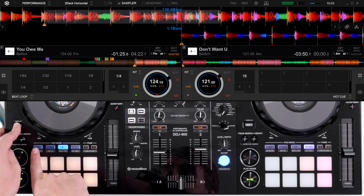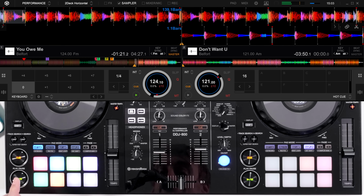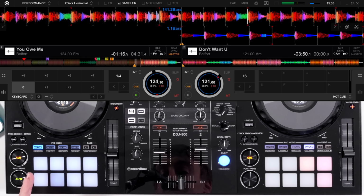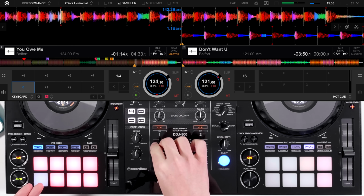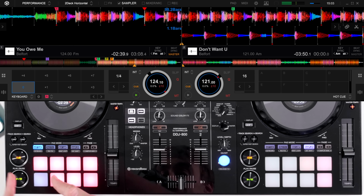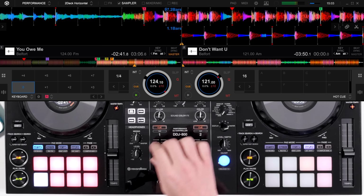Underneath hotkey mode, we have keyboard mode. Now when you go onto that mode and let go of shift, it will flash all the different hotkeys that you have saved. Now if I press one of those hotkeys, it will load that into a keyboard. Now as I go up the different pads, it will jump back to that hotkey and pitch the track either up or down by different semitones. So we've got original,